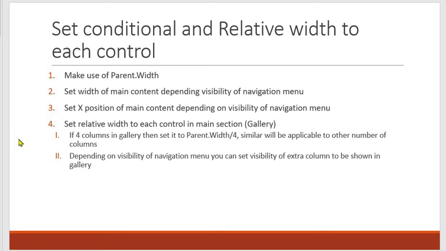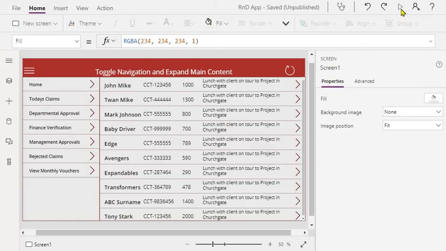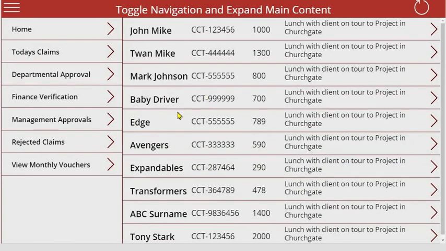So let's quickly look at the demo. So let me just preview this. So this is your navigation. Let's assume this is your navigation area. This is your main content area.